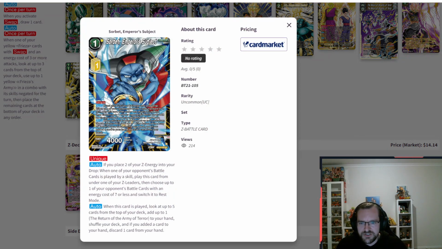Auto, if you place 2 of your Z energy in your drop, when one of your opponent's battle cards is played by a skill, play this card from under one of your Z leaders and then choose one of your opponent's battle cards with an energy cost of 7 or less and switch it to rest mode. Nice defensive tool there. Auto, when this card is played, look at 5 cards from the top of your deck,